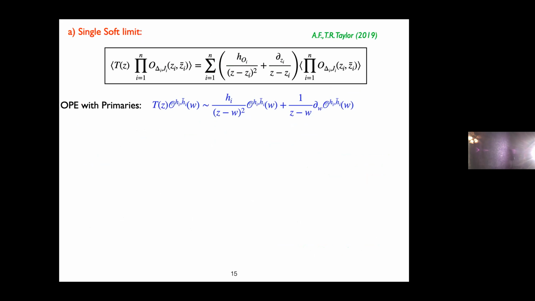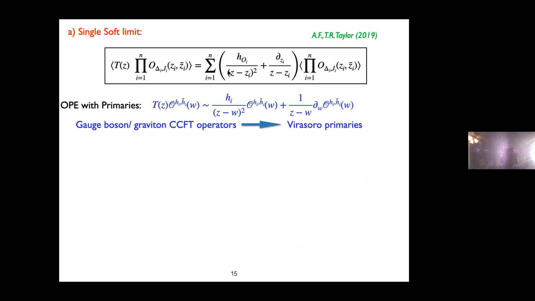And indeed, it turns out that if you go to the Mellin amplitudes, you look at the conformal soft limit, delta goes to 0, you take the Mellin transform, you find that in a Mellin amplitude that involves conformal primaries, you find exactly this expression, which is nothing else but the Ward identity of conformal symmetries. It actually, moreover, implies that the OPE of this stress energy tensor, energy momentum tensor, with a primary takes